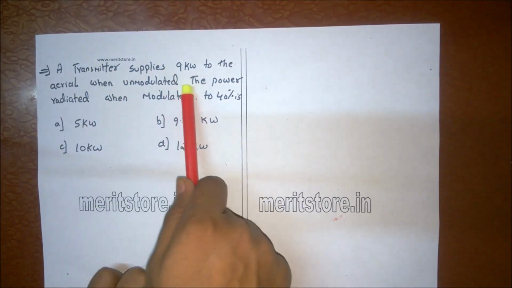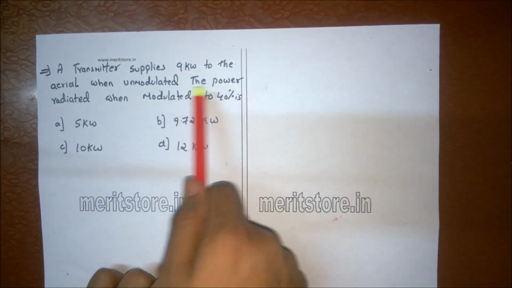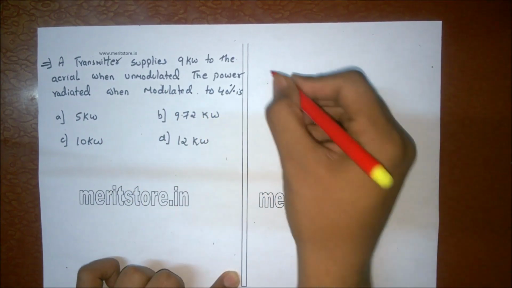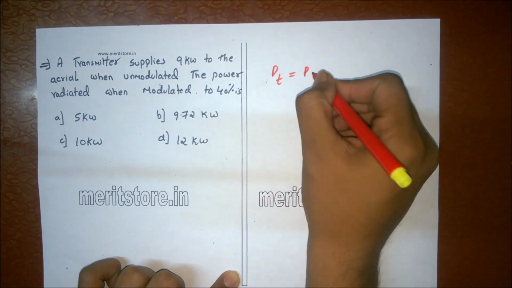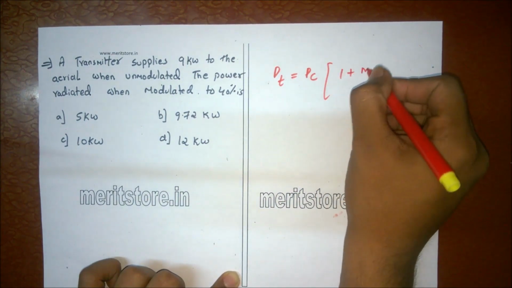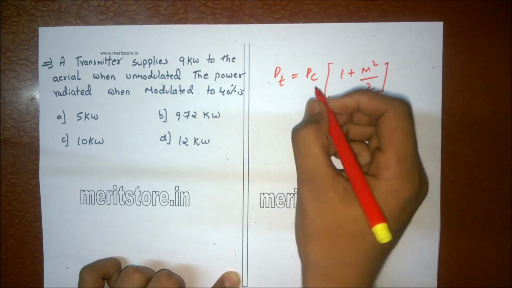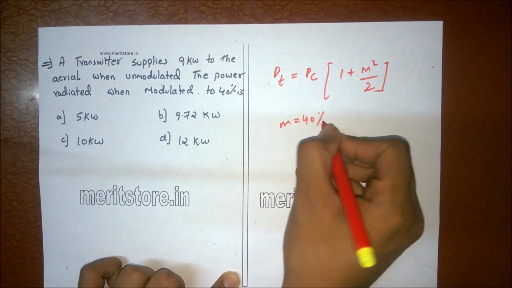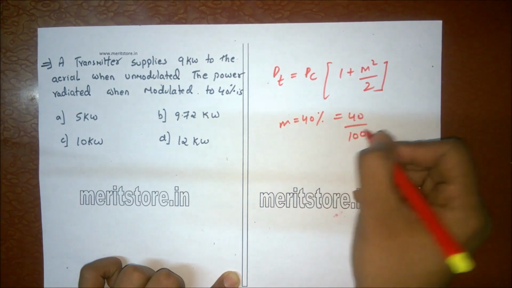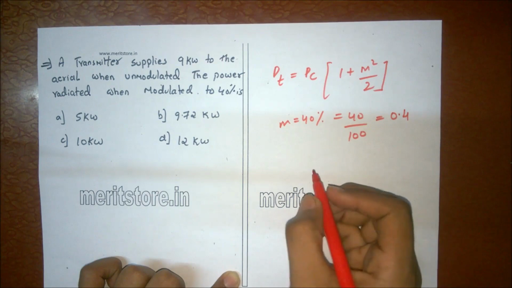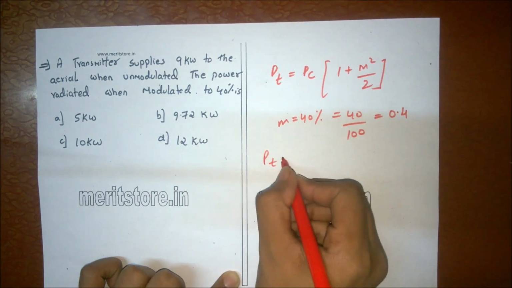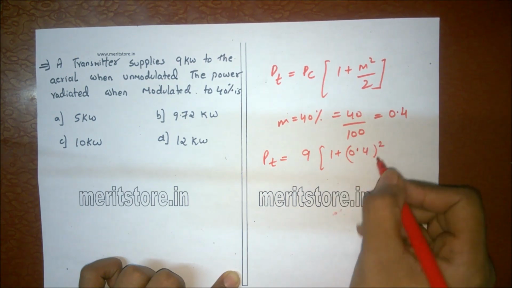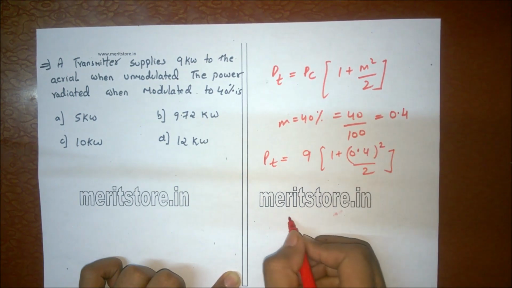A transmitter supplies 9 kilowatt to the aerial when unmodulated. The power radiated when modulated to 40% is, here are the options. Now, we know that PT is equal to PC into (1 plus m square upon 2). Here, PC is given as 9 kilowatts and m is given as 40%, which is 40 upon 100, which is equal to 0.4. Therefore, substituting the values, we get PT is equal to 9 into (1 plus 0.4 the whole square upon 2), which is equal to